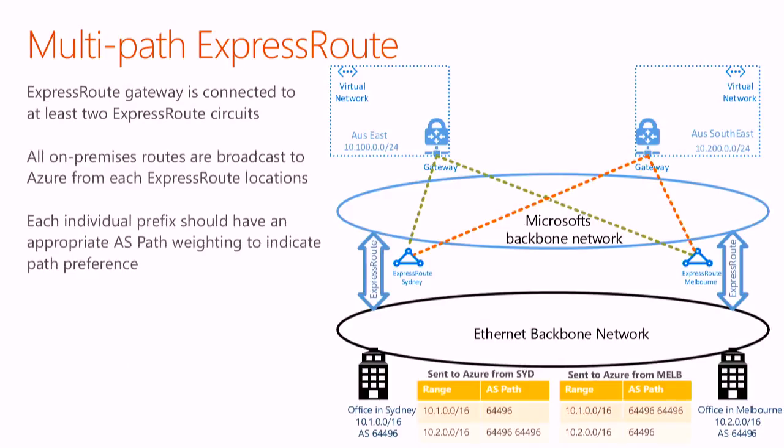So what it tells here is, commonly you also have some kind of MPLS connection to connect your two locations, and so you will obviously have learned the routes of Melbourne and Sydney and vice versa through your MPLS network. And you can advertise those routes to the respective Azure network through the respective ER circuit. And you can do that with a BGP AS path metric.